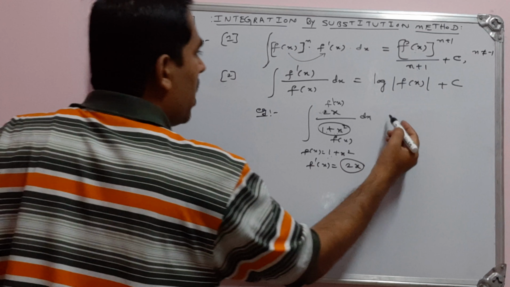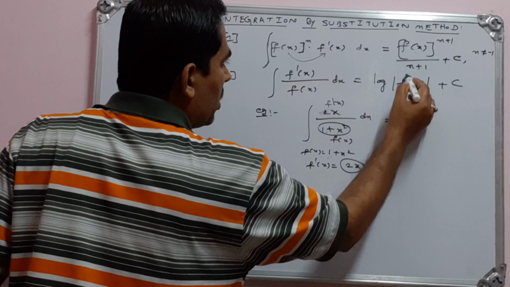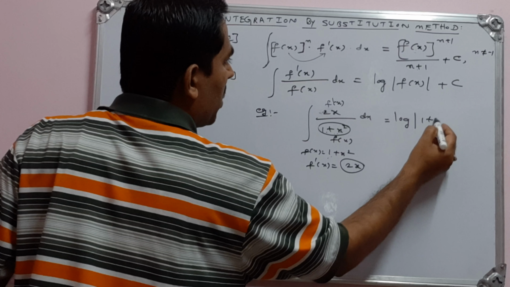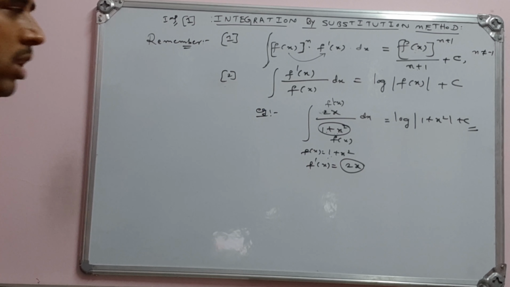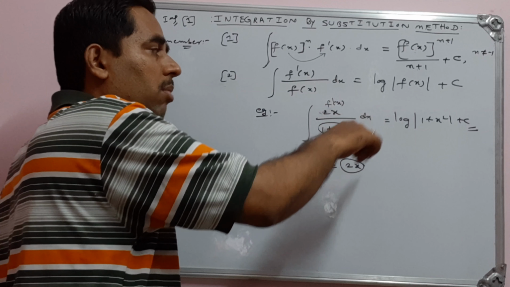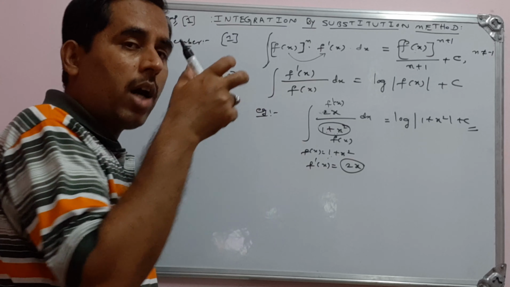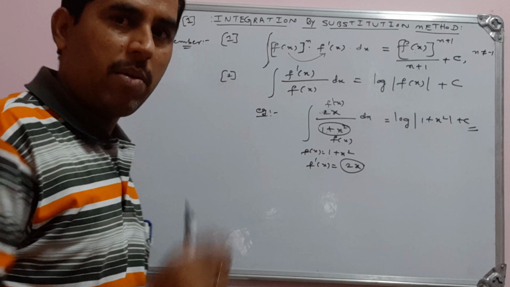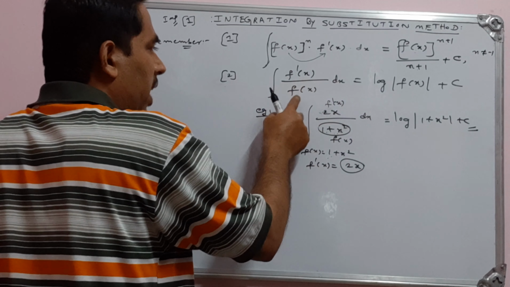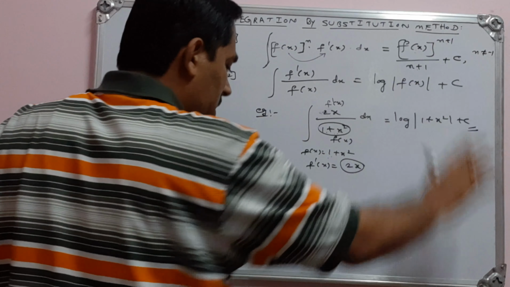So directly I can write the answer as log of the denominator. What is the denominator? 1 plus... see, one step, it will be over. This problem can also be done by using the substitution method. But if we are integrating and we get such standard forms, use the result directly. Very, very simple. If the function looks like this, I can write the answer as log of the denominator plus the constant of integration.